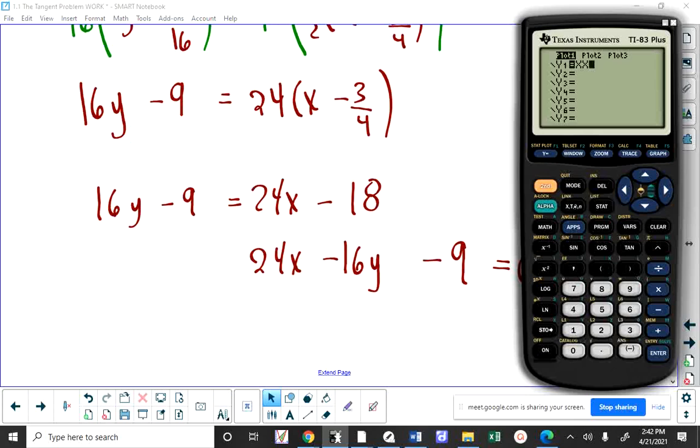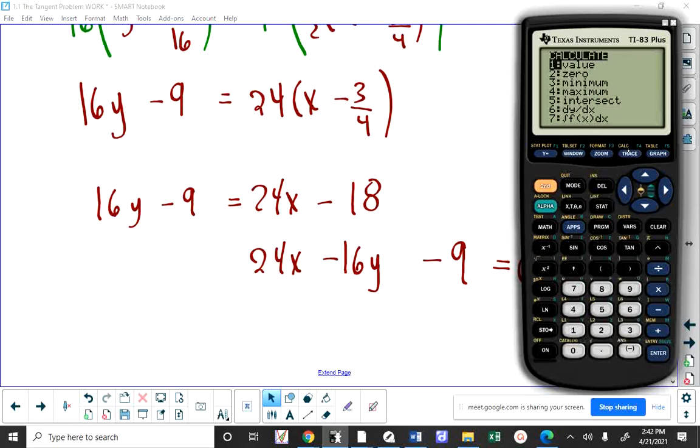And I graph this. Let's go zoom standard, which is zoom 6. If I want to determine the slope of the tangent to this curve at a particular point, my calculator can do it for me. Okay, I go to the calculate menu,